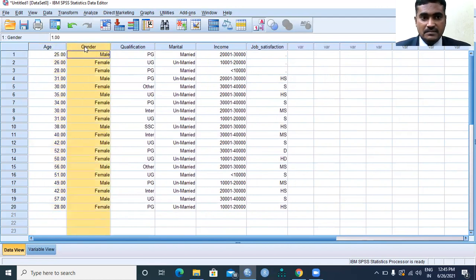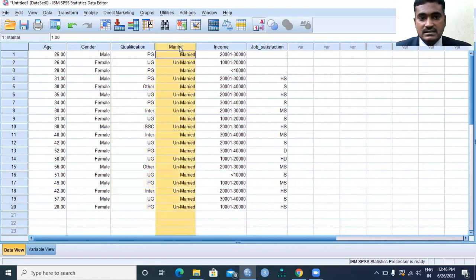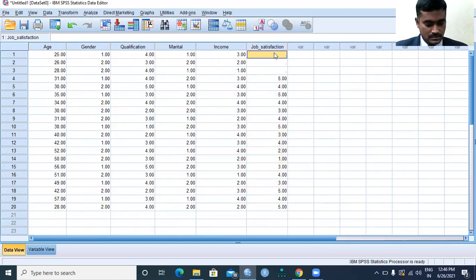Now gender shows male and female, qualification shows SSC and the others, marital status shows married and unmarried, and you can also see income and job satisfaction.